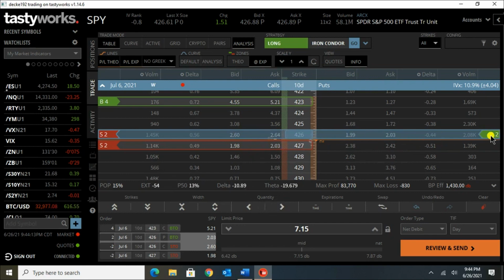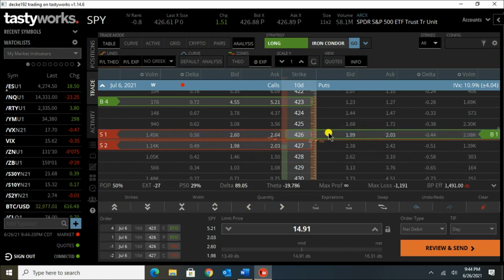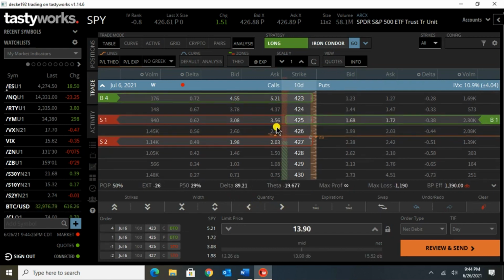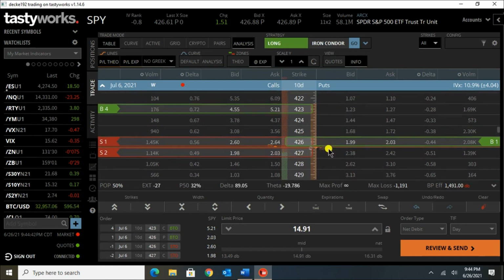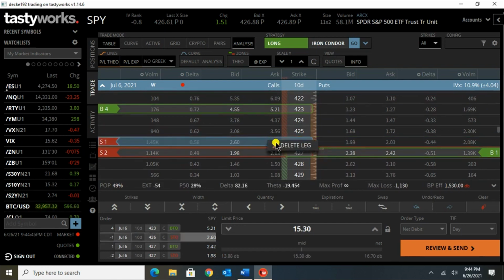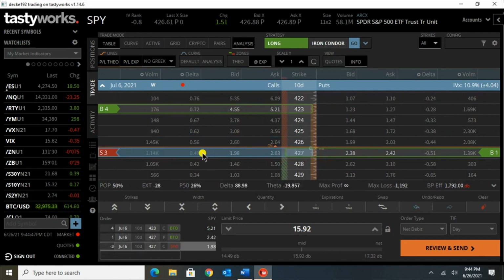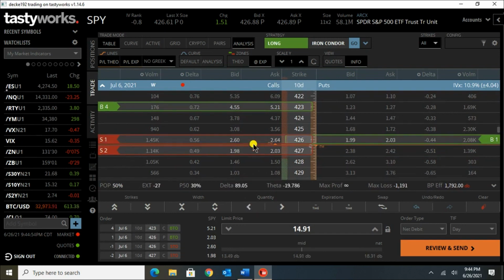And I just noticed that it actually gave me a quantity of 2. So I'm going to reduce that to 1 because that's what we want. So that would give us short 100 shares. If we went to the 425, this is still synthetically the same position, but the bid-ask on the in the money positions tend to get wider. And if you were to double up on the 427 here, you would sell 3 here instead of 2. But for this example, I'm going to try to keep it a little bit simpler and just do the 426